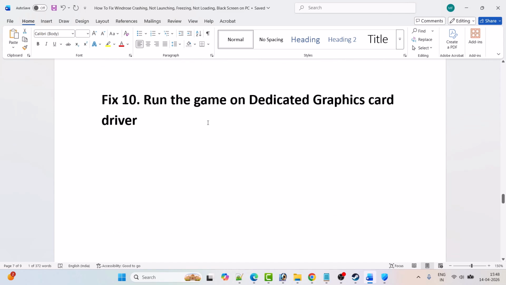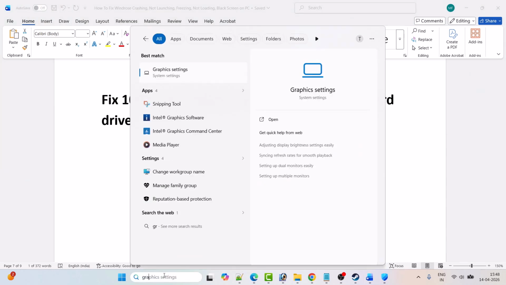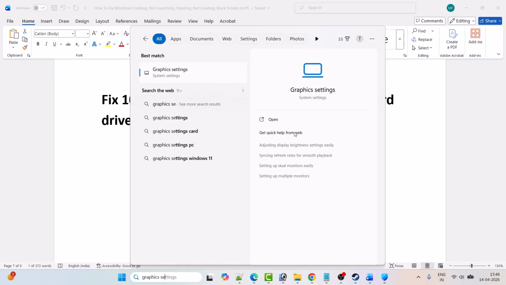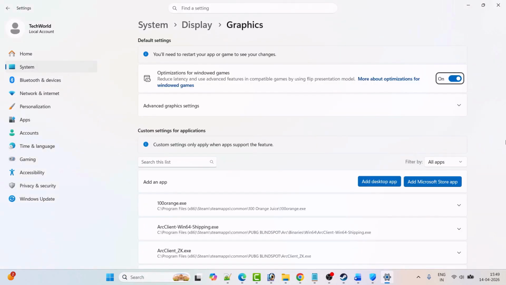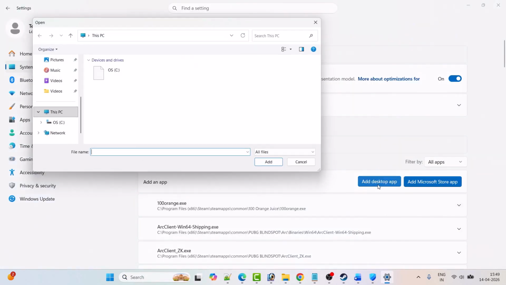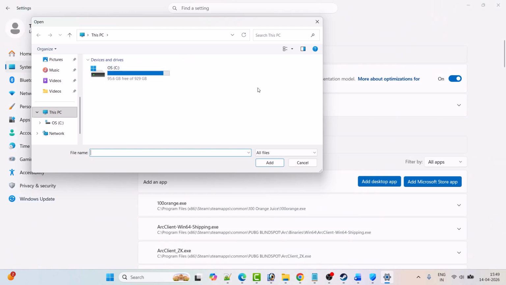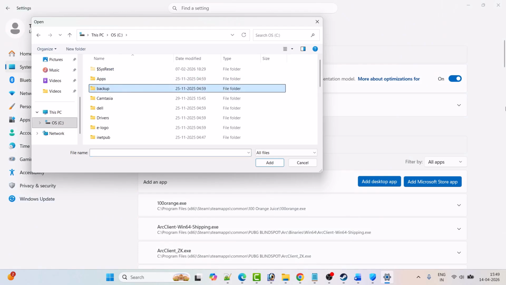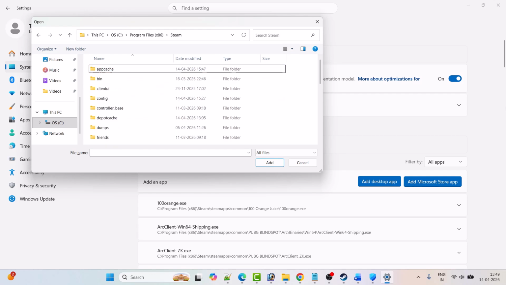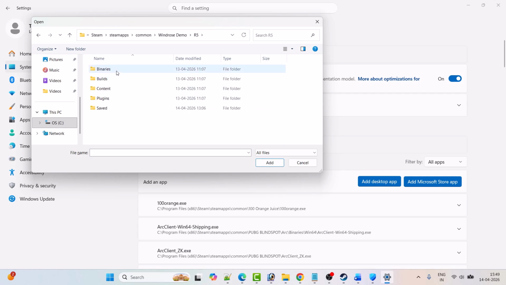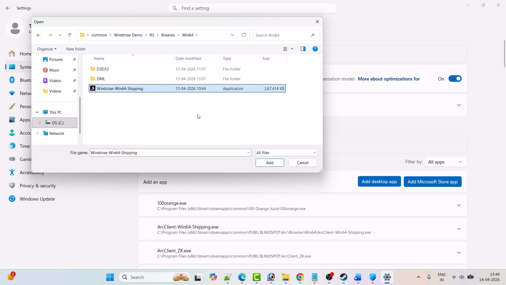Fix 10 is to run the game on dedicated graphic card. So in Windows search, type graphic settings and open it. Then click on add desktop app and then browse to the game installation folder. So open C drive, open program files x86 folder, open Steam folder, open steamapps folder, open common folder, open the Windrose game folder, open R5 folder, binaries folder, Win64 folder, select Windrose Win64 shipping exe file and then click